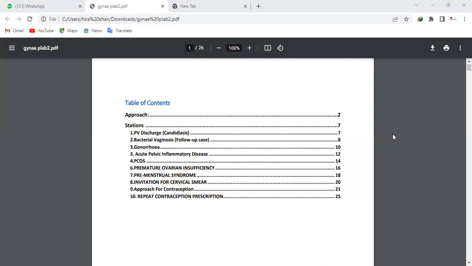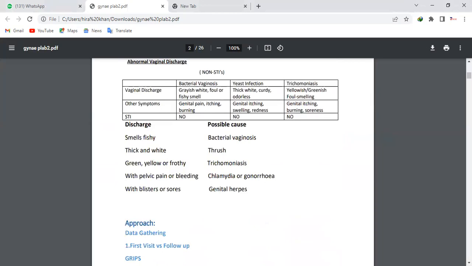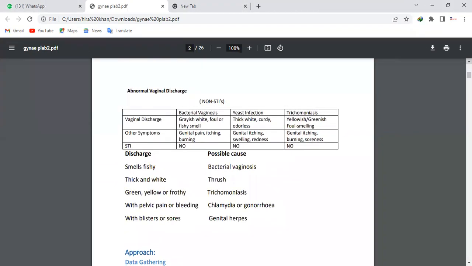All right, so starting with the gynae. First of all, as you are all familiar, in gynae you should know what areas are very important in the stations related to gynae. The important areas are menstrual history, sexual history, contraceptive history, family history, and history related to smoking or alcohol consumption. Also very important is any presenting symptom. So these five to six things are the key areas you are supposed to cover in all the stations related to gynae and obs.